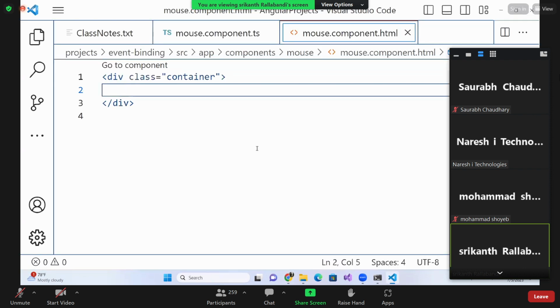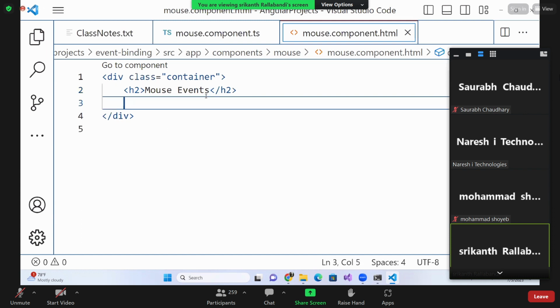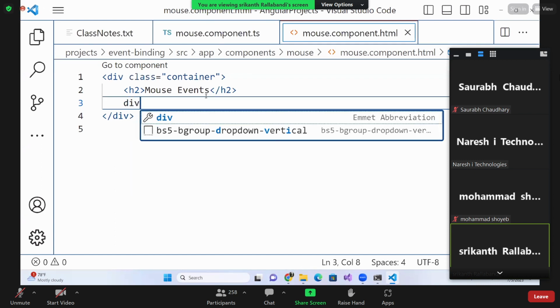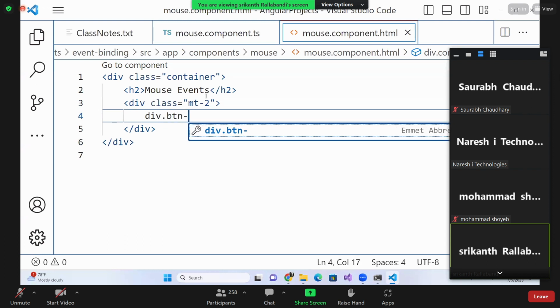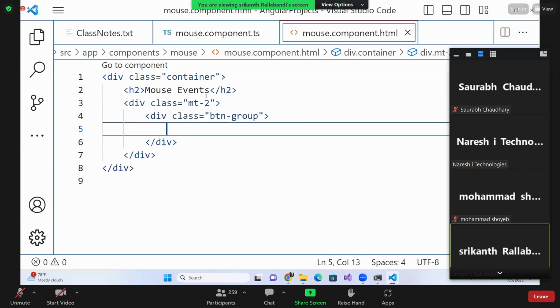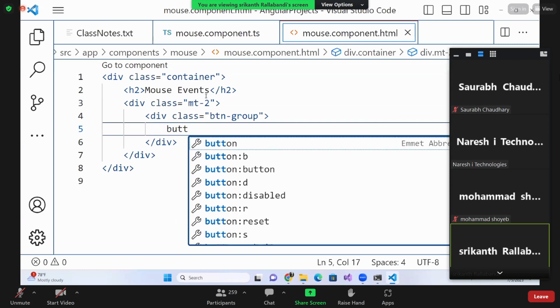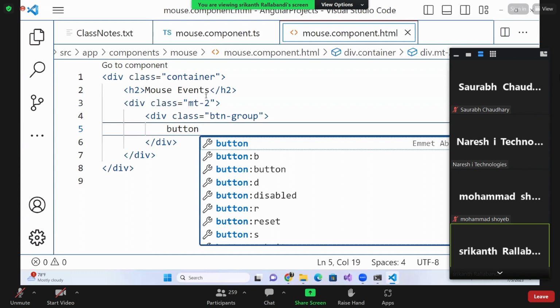So that's my requirement. To do that, first of all, I'll take a div and write an H2: mouse events. Then let's have another div where I can give the margin top as 2. And here I'm using div btn-group. It's a button group where I can provide the different buttons. So the first button is going to be, maybe let's say,